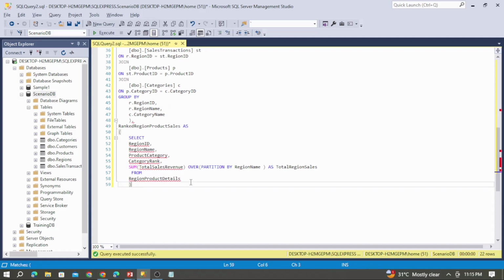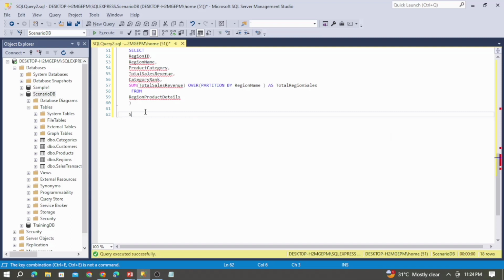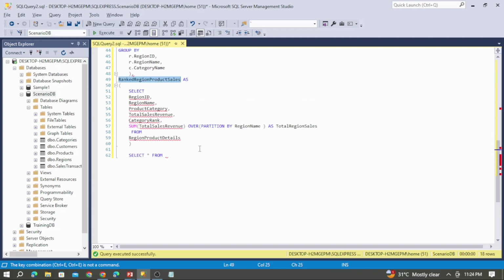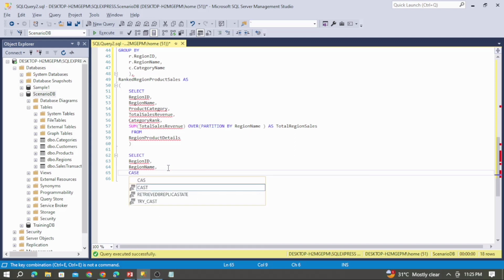So now based on these 2 CTEs we are going to provide the top 3 values for the region. So let us select the values from this CTE. So let me copy this name and paste it here. So from the CTE I need the region ID. So let me copy this along with the region name. So let me paste it here. So we have region ID, region name, and along with this let me provide a case statement. So I am going to display